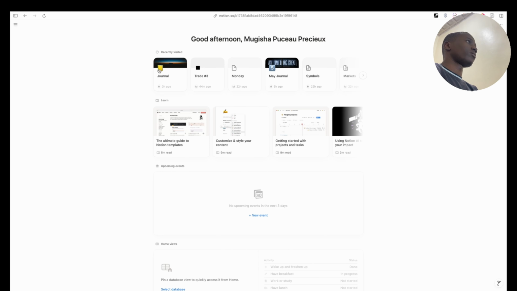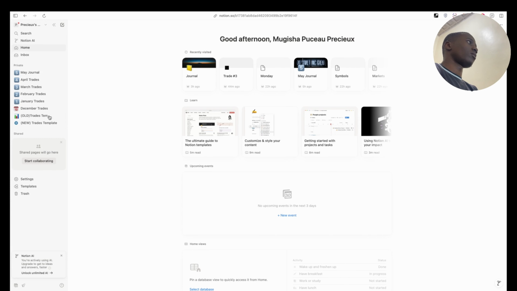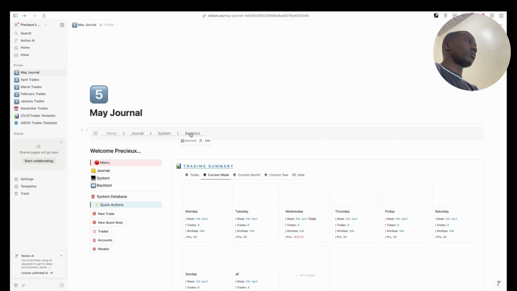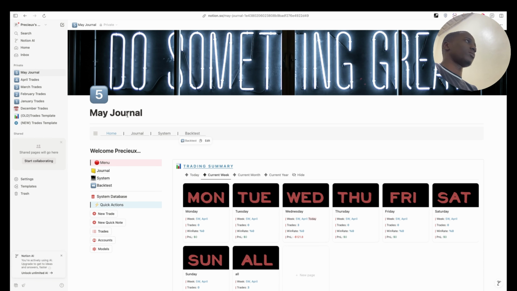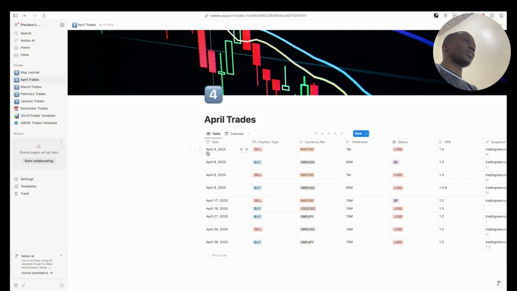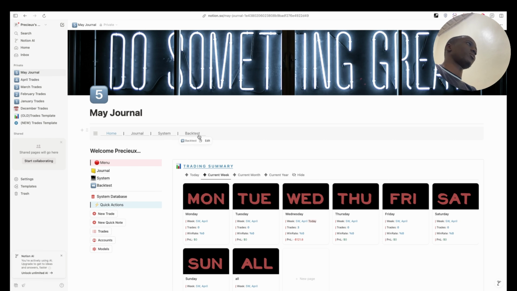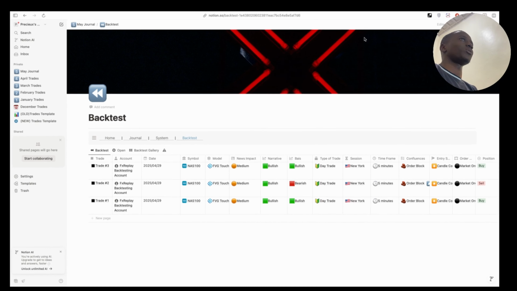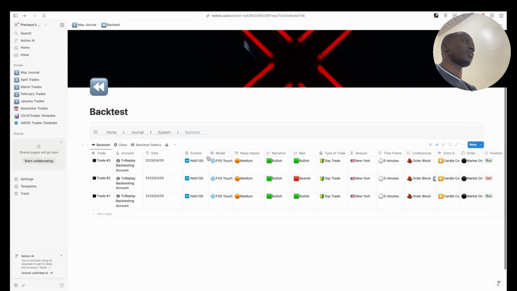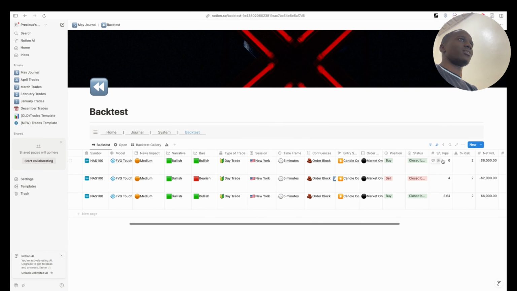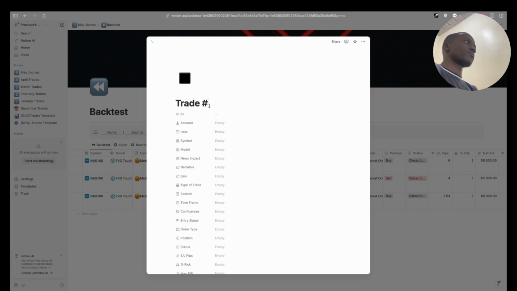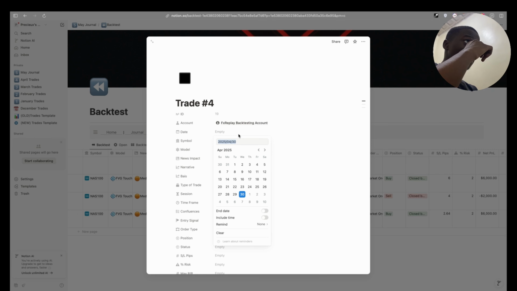Okay, go to the journal. Don't spend much time thinking why this is called May journals, because I already had the April trades in another table, but I didn't know how to migrate them, so I'm going to journal in the May journal since we are almost already in May. Some countries have already stepped into May. On the backtest I'll add a new trade, so it's trade 4, I guess. Then the account was the FS replay, backtesting was today,